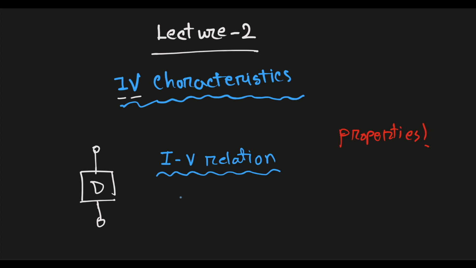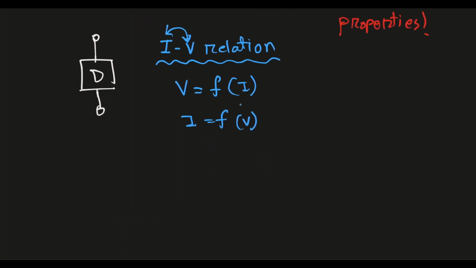This is the relationship between the current and the voltage. That is the voltage as a function of current or the current as a function of the voltage. When we know this relation, that for example, for every possible voltage, if we know the current of this device, say for every possible voltage, we know the corresponding current entering the device, then we have enough information to analyze